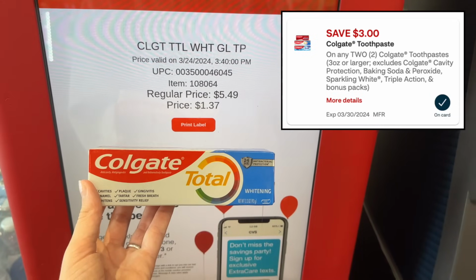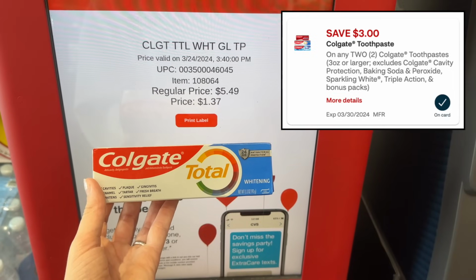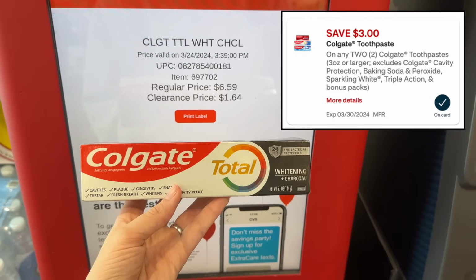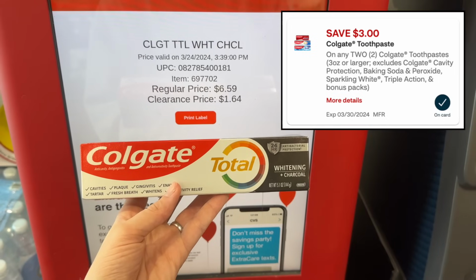We also have the Colgate Total. Again, you'd have to grab 3 of them in order to use the $3 off 2 digital, and they'd be just 37 cents each. I'm going to go with this Colgate Total with charcoal that are $1.64 each, meaning I can just pick up 2 of them and they're going to end up being 14 cents each after the